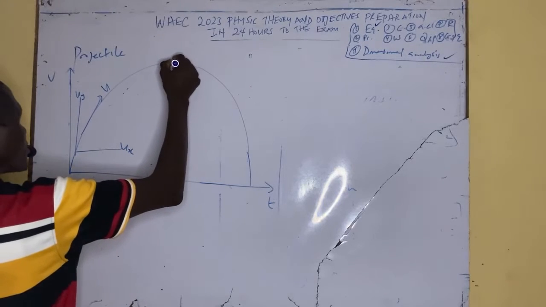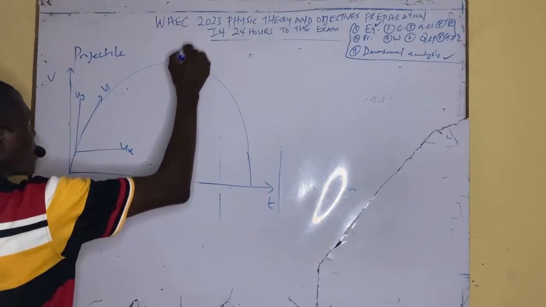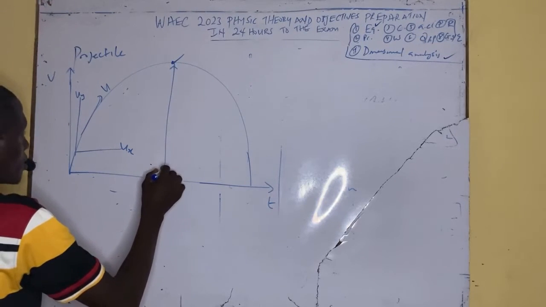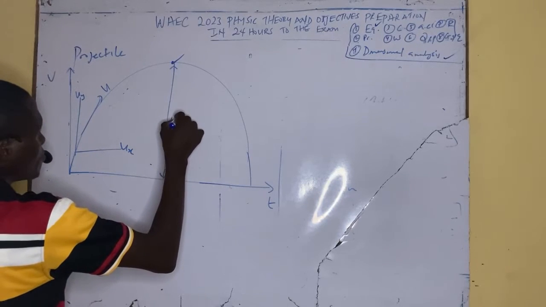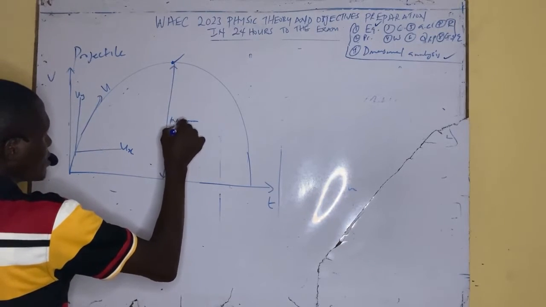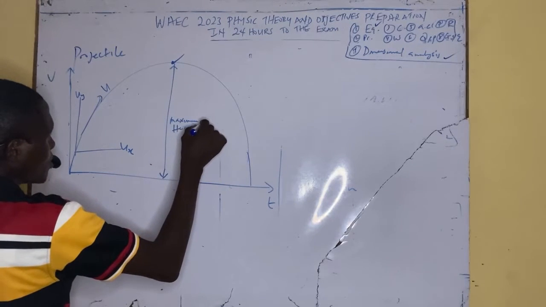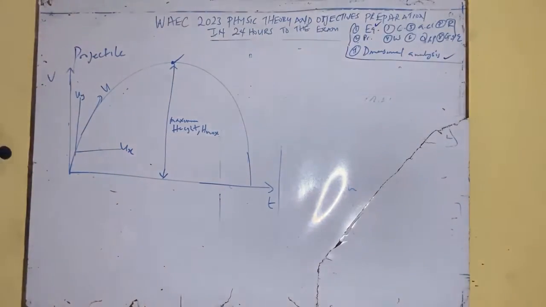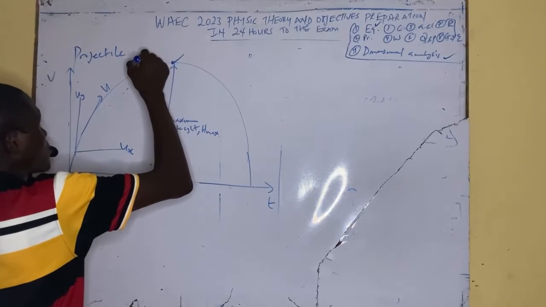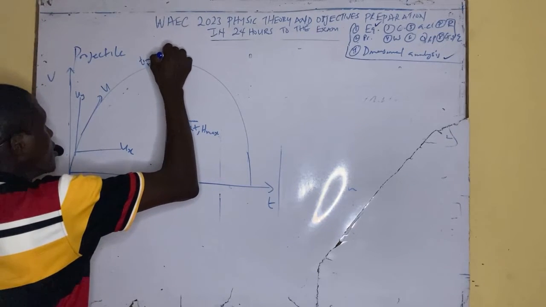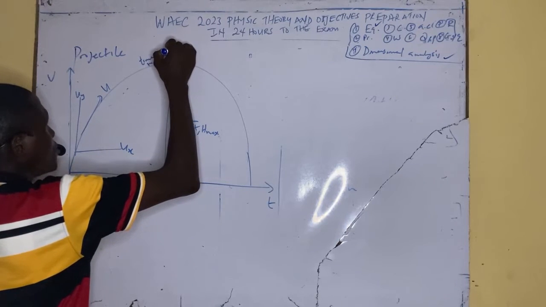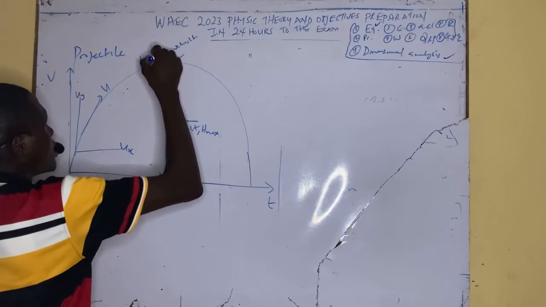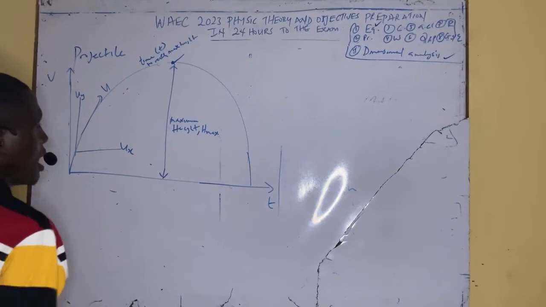Now here it's very important to know this. At this point here is the maximum height, which I denote as H max. They might ask you the maximum height, and here is the time to reach the maximum height. Please note that there is a time t to reach the maximum height,